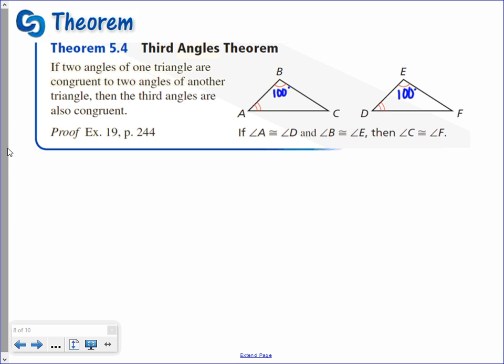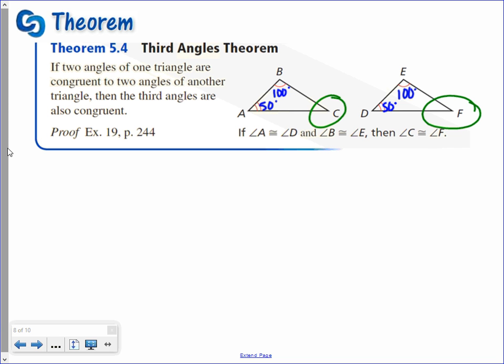Yeah? If you know angle A is 50 degrees, and you know for a fact, like it's given to you, that angle A is congruent to angle D, then angle D would also be 50 degrees. And so when it comes to this last angle, C and F, well, you guys learned on Friday in section 1 that